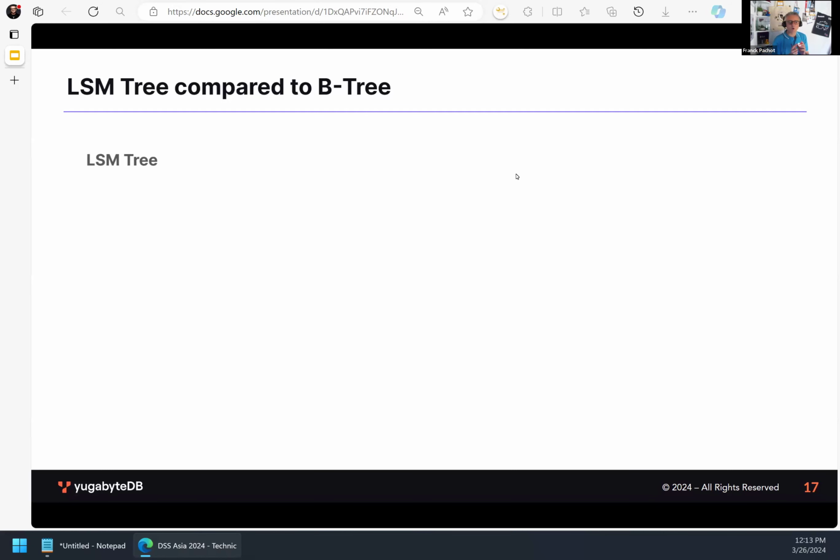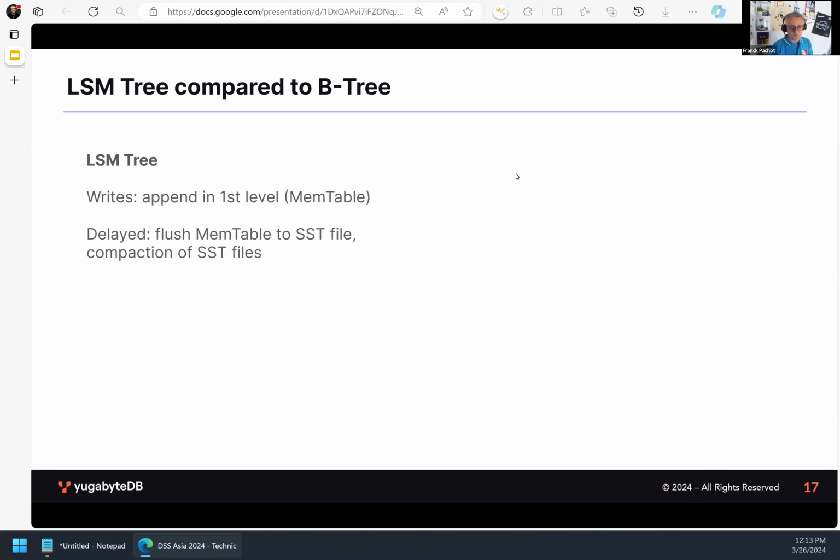Now, let's compare quickly the structure. In the LSM tree, as I mentioned, the writes go to the first level. It's a memory table, which means that it is fast. A new value is a new version for a row or for a column, and goes only into memory, of course protected by write-ahead logging. And then when it is full, it is flushed to an SST file, but the writes can continue on another